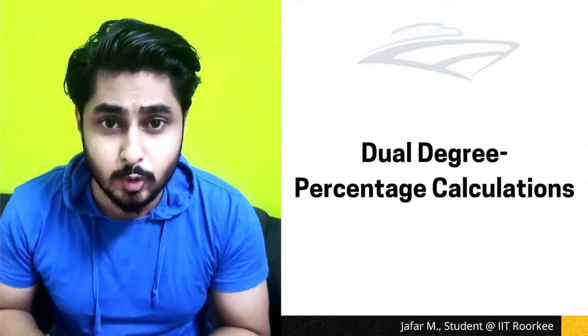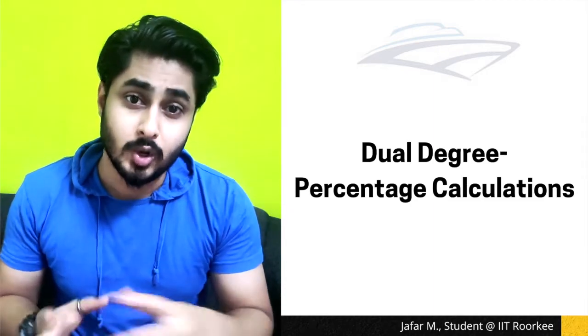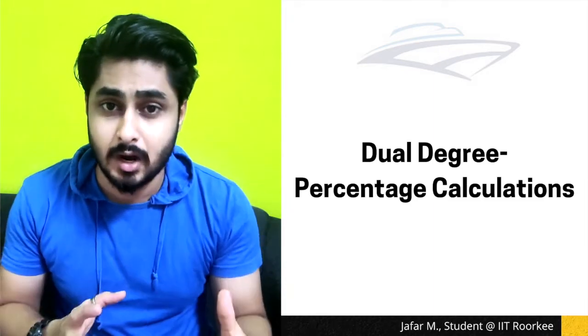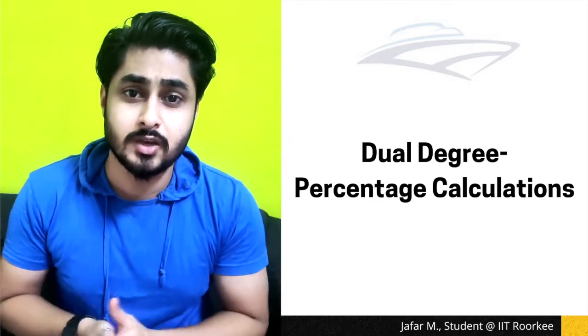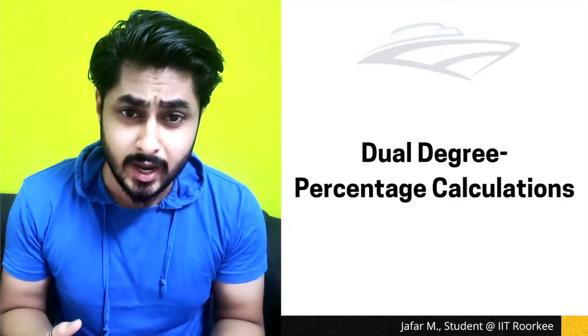Next question is, I am doing my dual degree, dual bachelor's degree. So there are a few different kinds of dual degree. Some people can do a dual bachelor's degree. Some people are enrolled in some sort of course which gives a dual degree, which is bachelor's plus master's. Also, there are a few courses which give you bachelor's plus MBA. So if you are applying for the CAT examination, most of the students have this query: